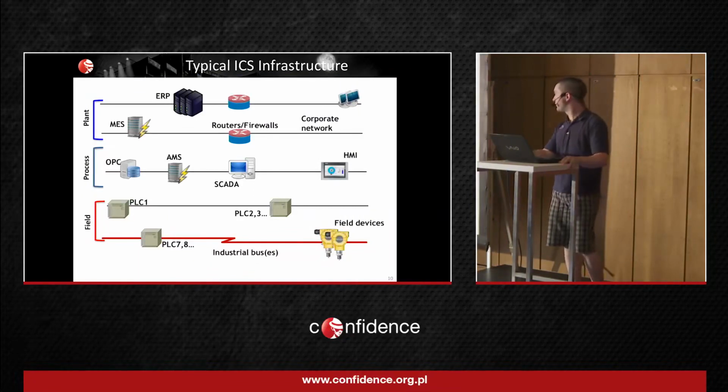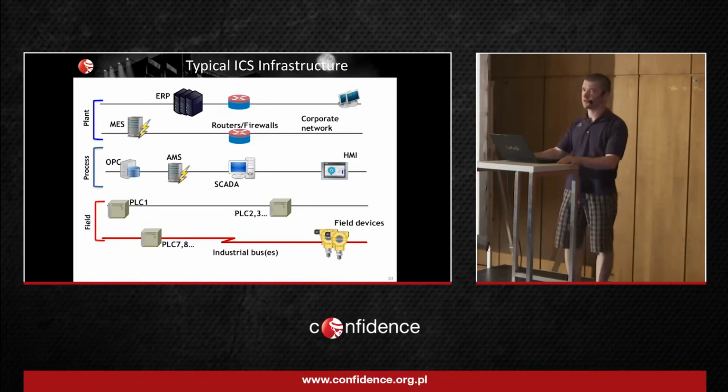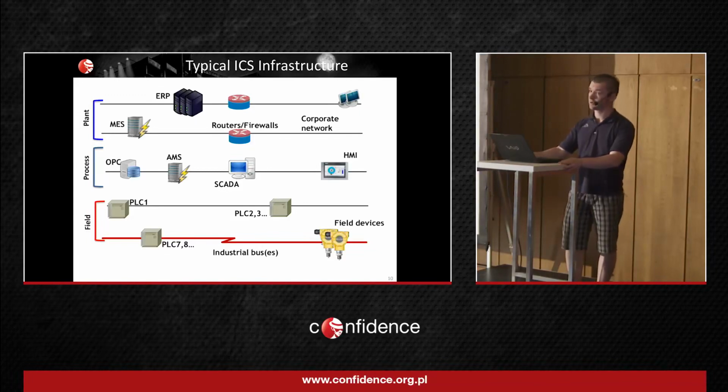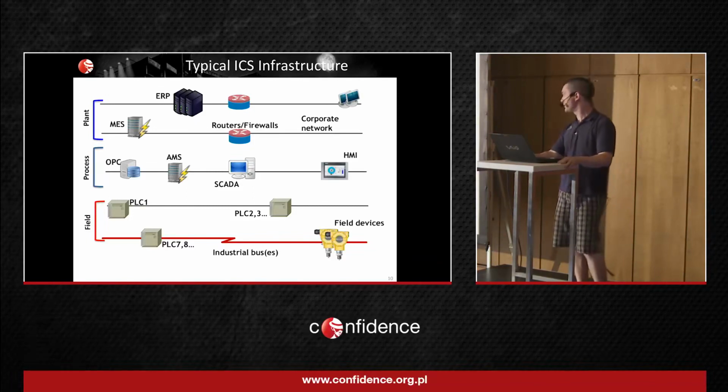There are 3 main levels of ICS infrastructure. On the lower level, there are numerous field devices. They do all the dirty work, for example, controlling the temperature and the pressure in a reactor, turning pipes on and off, and other stuff. This level is the kingdom of protocols like HART, Profibus, and other low-level protocols.